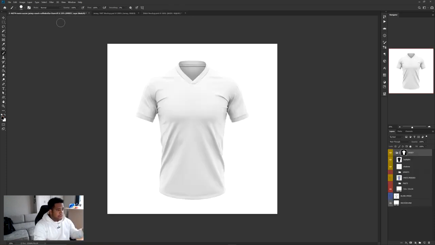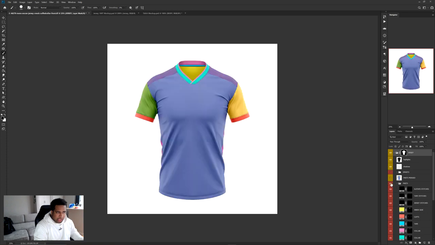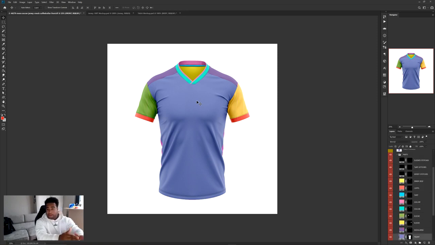But if I go to here, it's the same kind of concept. Now you can go to parts right here, and you can turn that on. Now press V on your keyboard, which is the move tool, that first tool. If you hold Control and select, you'll see that it selects different parts. Actually, it doesn't do that until you lock highlights and lock shadows. Now when you hold Control, it selects the first thing that picks up the pixel on that exact click. So if you hold Control and click on yellow, it moves to yellow, purple moves to purple, and so on. So if I want to say the body, let's click on this, go to this,